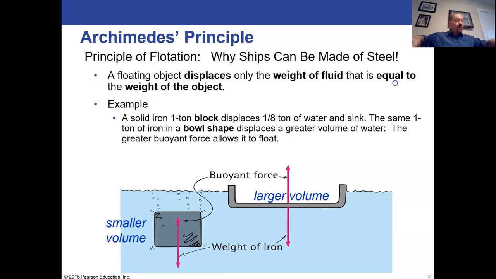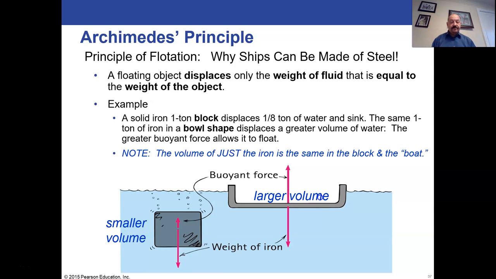It pushes much more water out of the way, and as a result, it has a much larger buoyant force. This extra volume here, where it says larger volume, would have been filled with a really large volume of water, which is enough to account for the mass of the iron in the boat. Why? Because if you look at the average density that's below the water, most of it's air. Some of it's metal on the sides, but most of it's air. And when you average it, the average density of that whole thing is going to be less than water, and